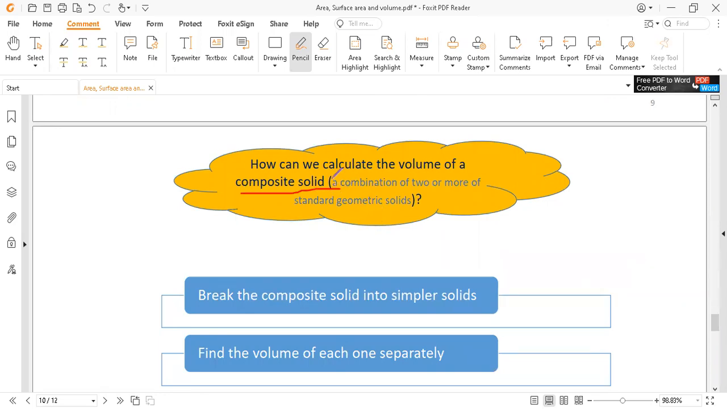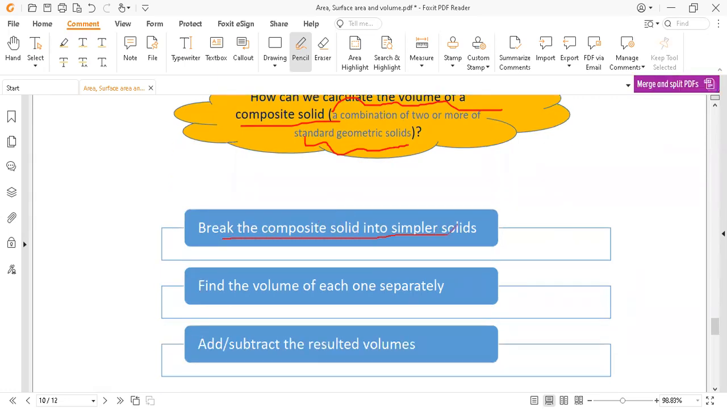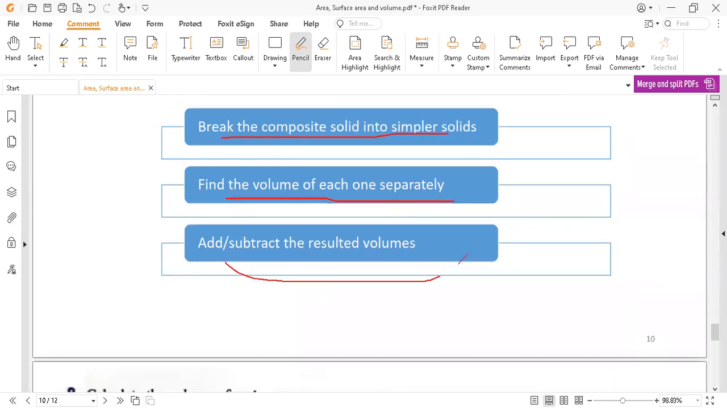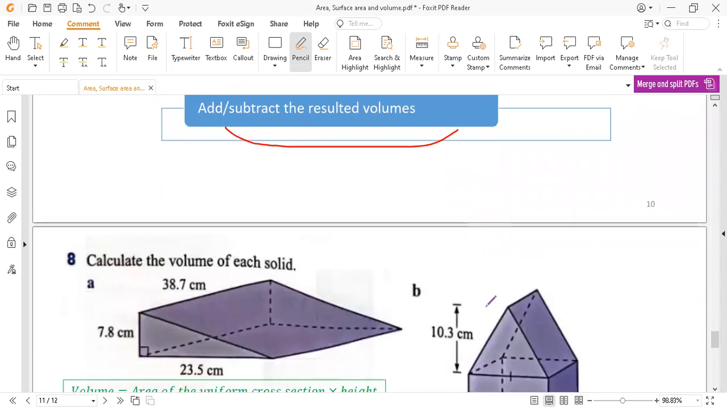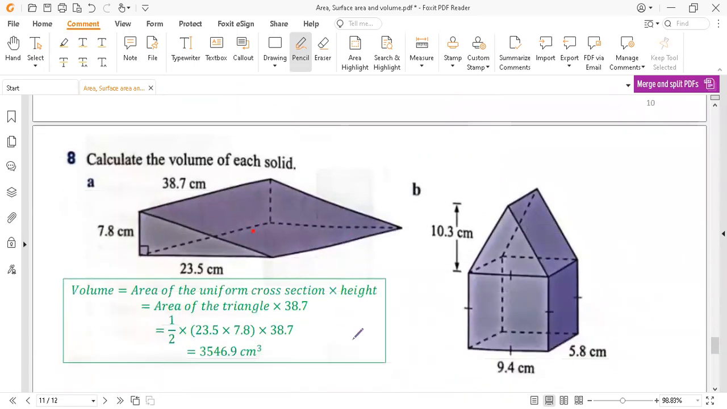You should also know about composite solids. What we mean by a composite solid is a combination of two or more standard geometric solids. How do we calculate the volume of a composite solid? We break the composite solid into simpler solids, we find the volume of each one separately, and we add or subtract the resulting volumes. For example, here we have this one. It is not a composite solid. The uniform cross section is this one, so we find the area of this base, and we multiply it by the height to obtain our volume